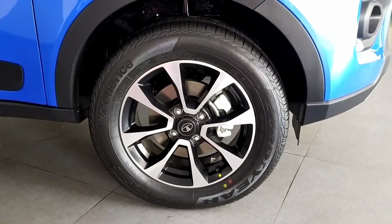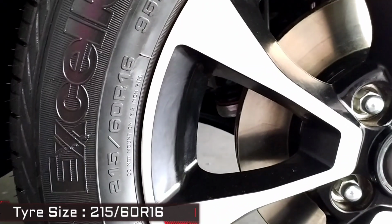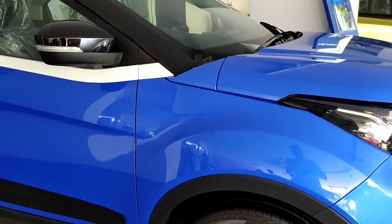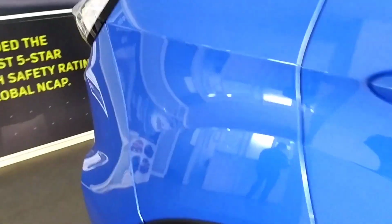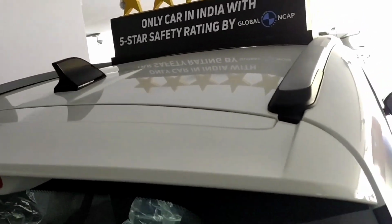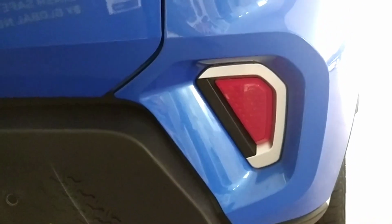Moving to the side, it gets these dual tone 16-inch diamond cut alloy wheels, and the tire size happens to be 215 by 60 R16. It gets disc brakes at the front and drum brakes at the rear, and there is this white belt line that runs to the rear of the car. On the top you get a shark fin antenna and black color roof rails, high mount stop lamp, and these are tri-arrow signature LED tail lamps, rear reflector with silver inserts, reverse parking sensors, silver skid plate at the bottom,